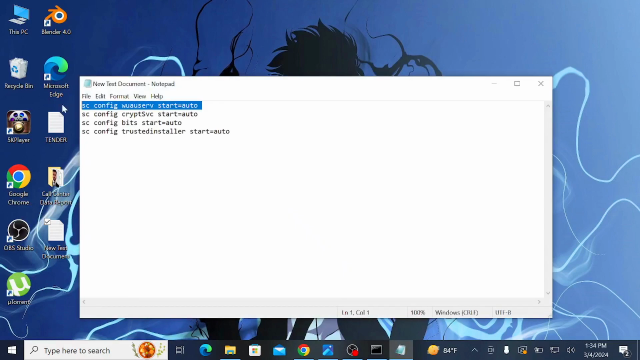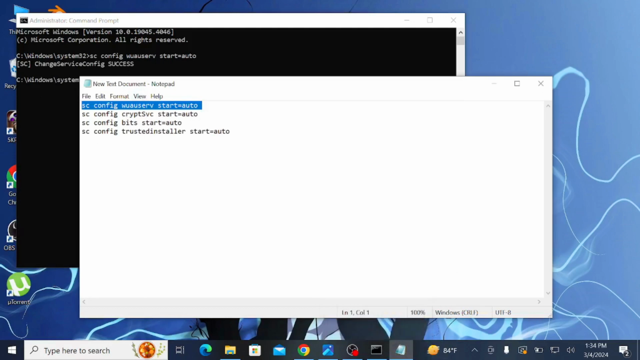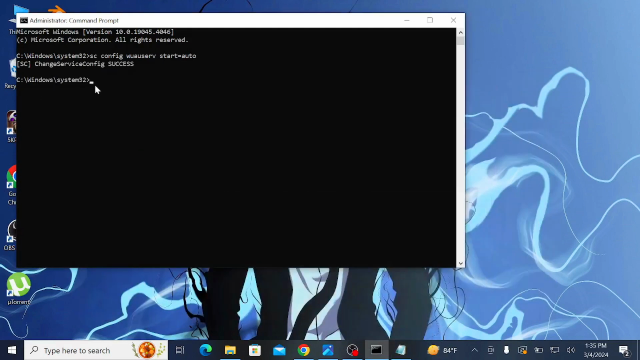First copy this command here from here, copy and paste it here and select enter and do the same thing for all the four commands, copy and just paste. And after doing that, restart your PC